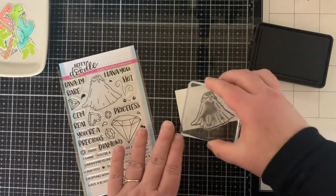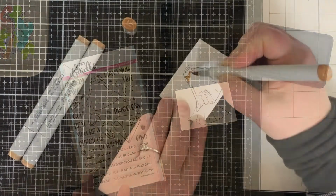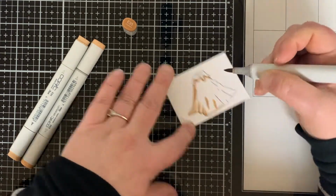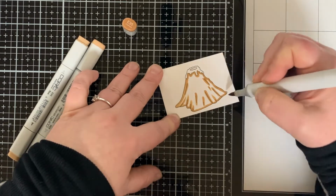Very good. All right, now we're stamping out this volcano. I love this stamp set to go with my dinosaurs, and I think it's called Geology Rocks, and it's got a bunch of other things in it, but I love this volcano to go with the dinosaurs. So now I'm coloring this out with